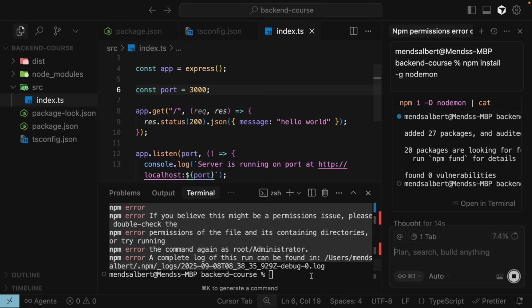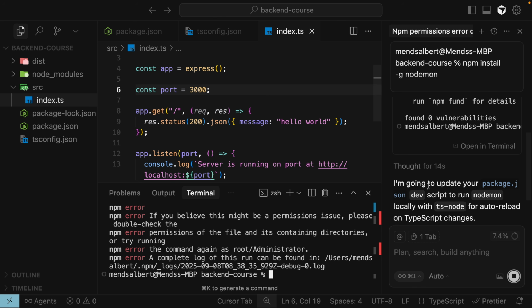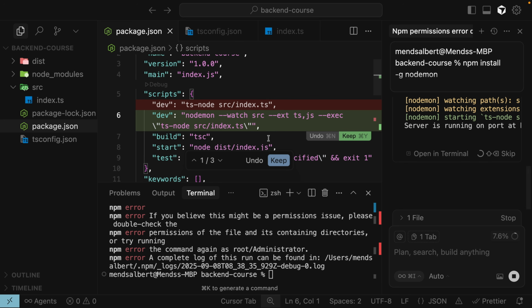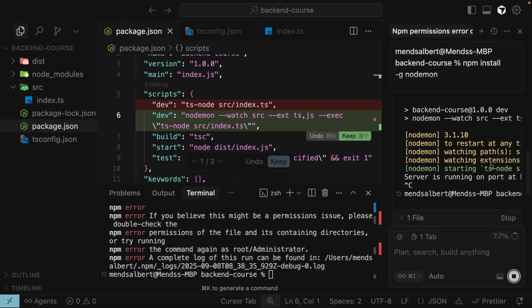This means the package is only needed for development, not for the final production code. The AI also updated the dev script to make sure NodeMon is working and running on save. The command nodemon --watch src --ext ts,js --exec "ts-node src/index.ts" is a full